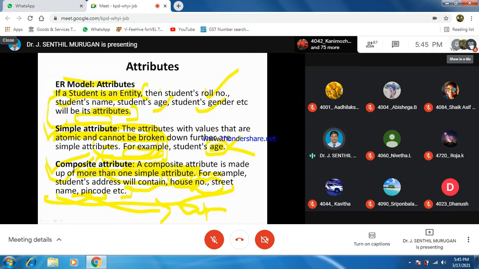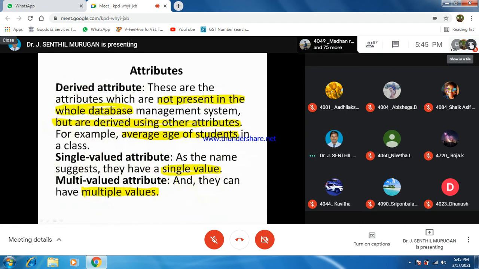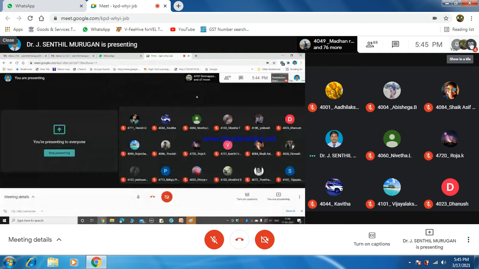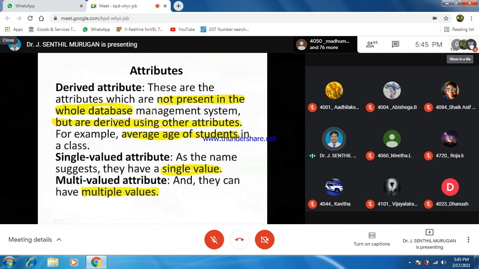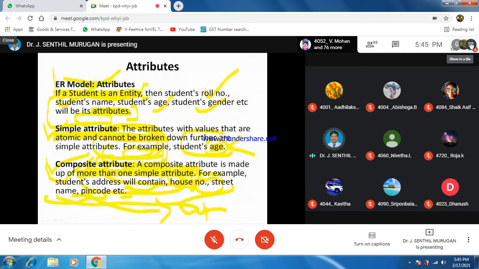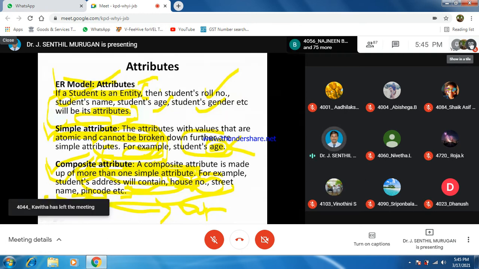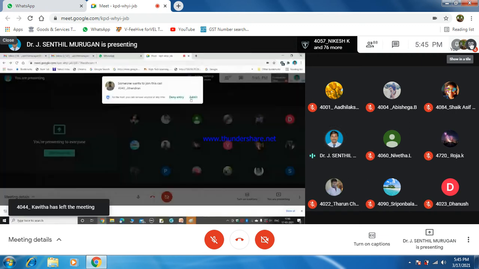What is called a simple attribute? Age cannot be broken, so it is called a simple attribute. Composite attribute means it has more than one simple attribute. Next, we have seen what the ER model attribute, simple attribute, and composite attribute are. The attributes of a student are roll number, name, age, all those things.